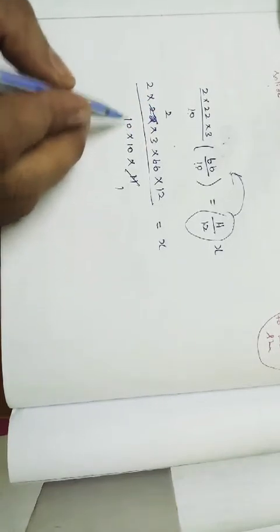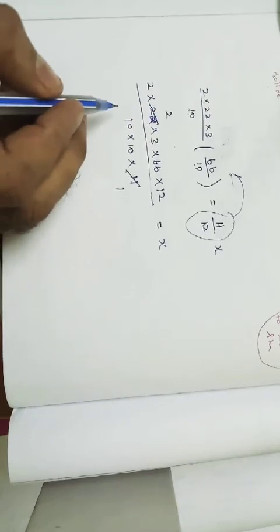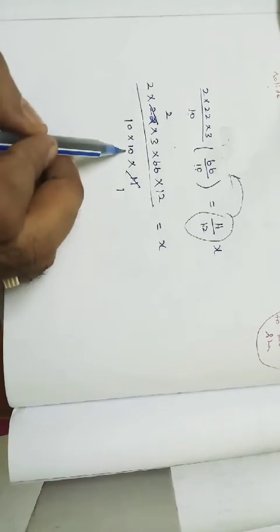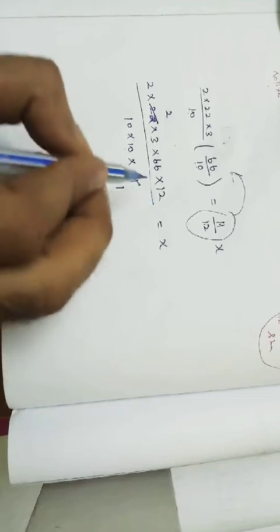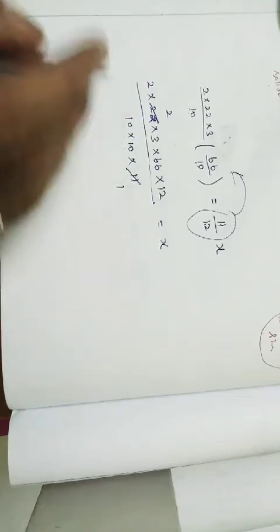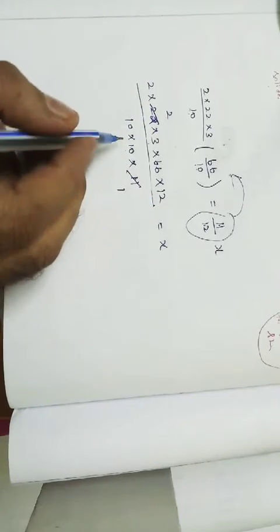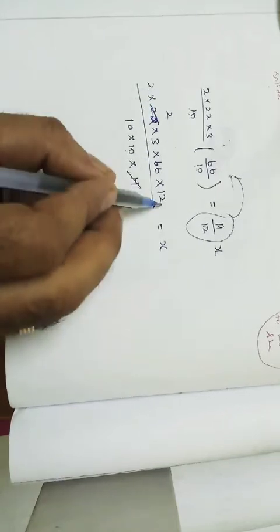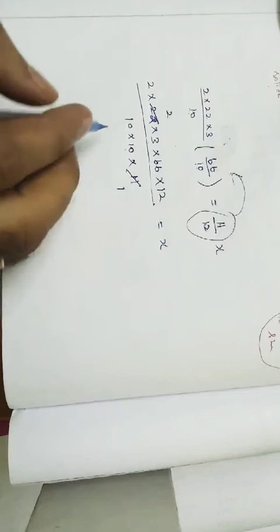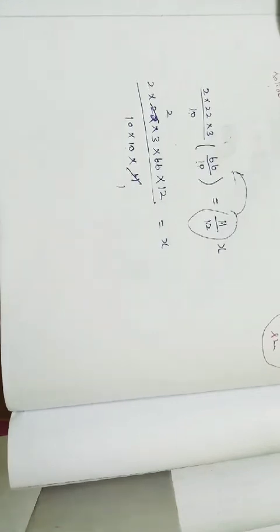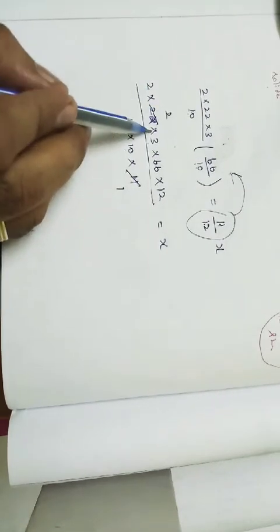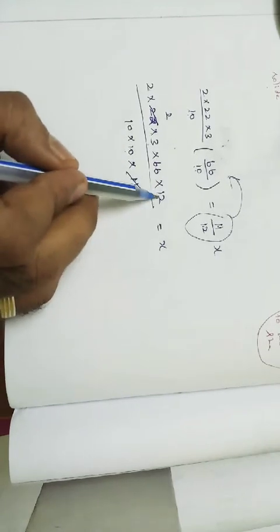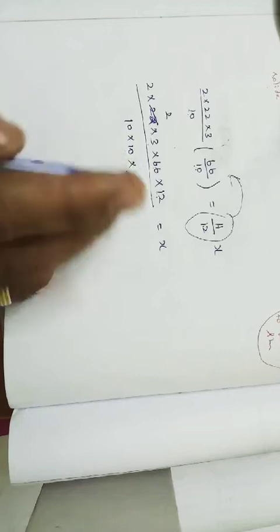And see that 2 into 2 into 3 into 66, see that 10 into 10, 100. So we can make a decimal, right? If we are simplifying, the denominator becomes a 5 multiple. So better you can multiply the numerator. After that, easily you can divide. 2 2s are 4, 4 3s are 12, 12 into 12, 12 12s are 144. 144 into 66 is nothing but